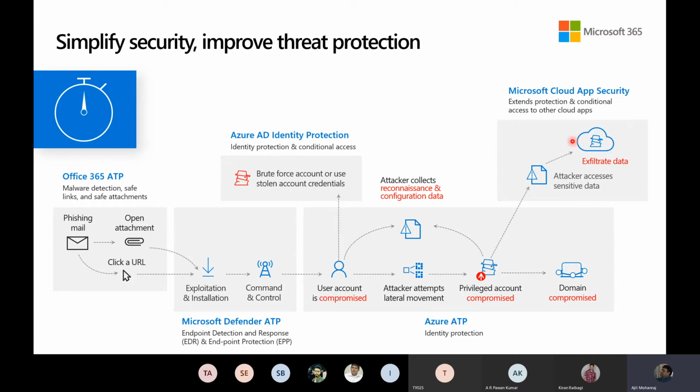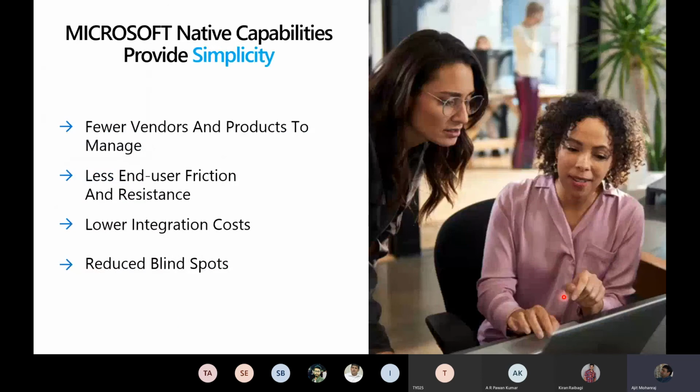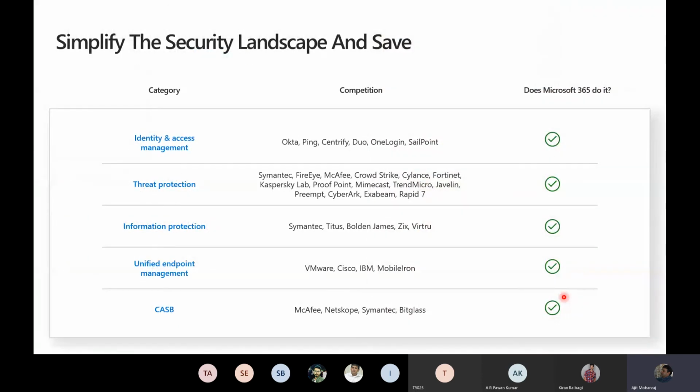If it's on the cloud, you're going to have app security watching there. If it's on premise, you're going to have the Azure ATP looking at all of this. So my point is that all of these products talk to each other, right? Absolutely simple, fewer vendors to deal with. And if you look at it, we're trying to simplify the landscape. We're trying to converge all of this, right?